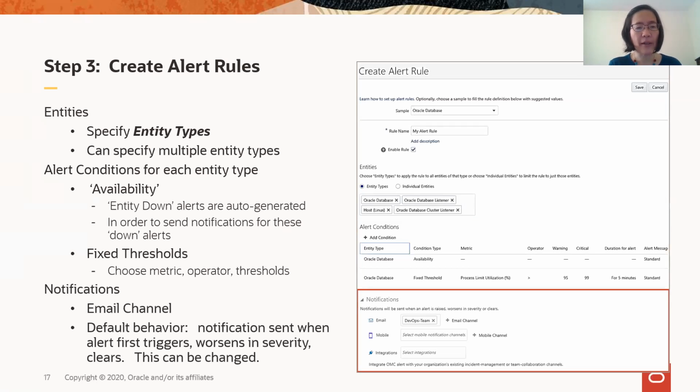Finally, the last part here is about setting up the notifications. Typically, you'd start with email. And here you can create an email channel on the fly. And in the email channel, you specify a name, specify the email addresses, or perhaps an email distribution list for your team. The default behavior when it comes to sending email notifications for alerts is that we send